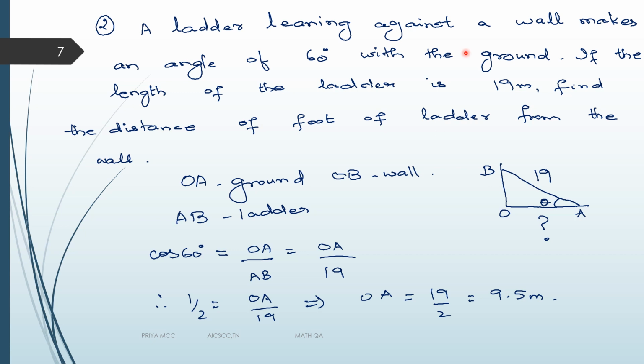But suppose the ladder was at 45 degrees. What will happen? Theta is 45 degrees. Cos 45 is 1 by root 2. Okay, so you will get 19 divided by root 2. So for each and every value, as the angle becomes smaller and smaller, the ladder will go far away. If the angle is increasing, the ladder will be going closer to the wall. Isn't it? That is logical. You can even work it out in the problems and try to understand. You can put your own values here and try to understand how to work out the different values.